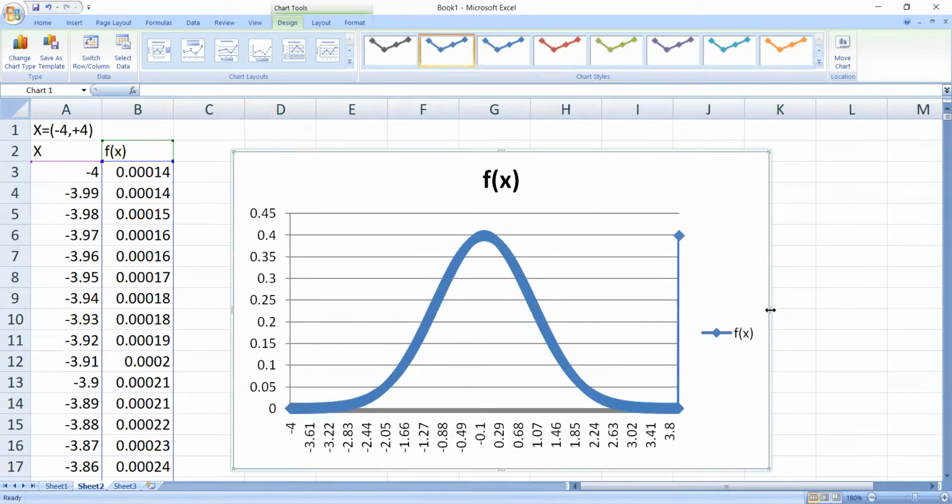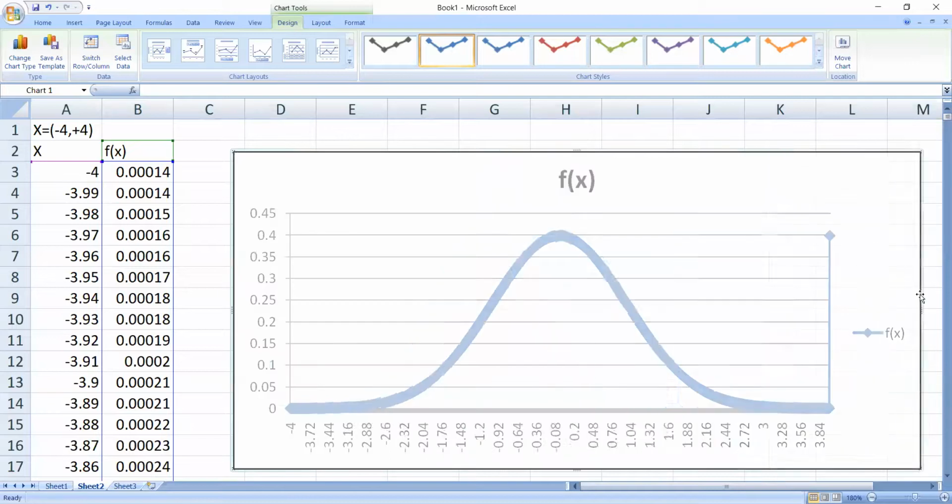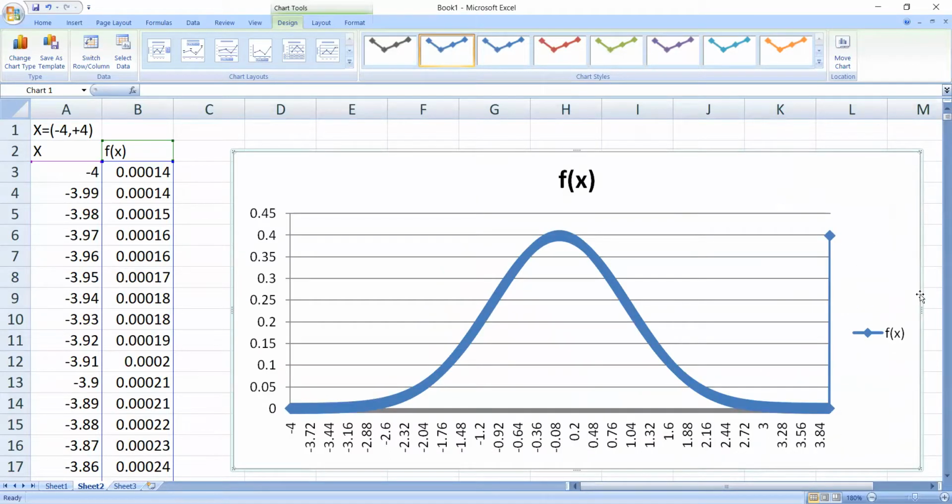Okay. So if you look into the shape now, you're getting a perfect symmetric distribution. And if you look into the shape of the peak of the curve, it is neither very sharp nor too flat. And if you look into the middle value, as said, it is 0. Therefore, the mean, median, and mode for the distribution is 0.